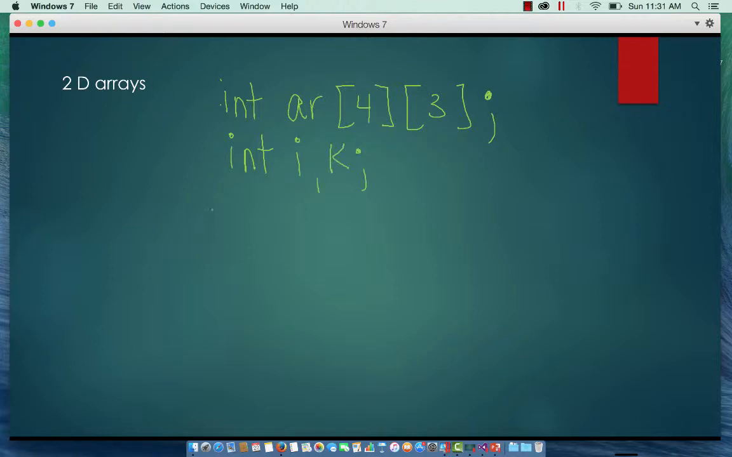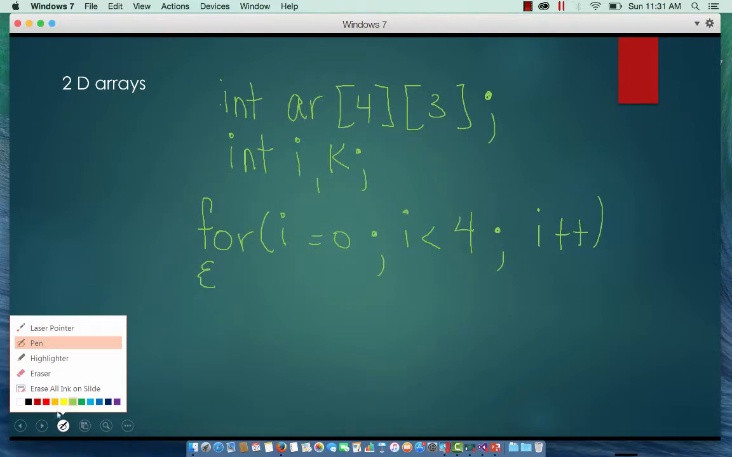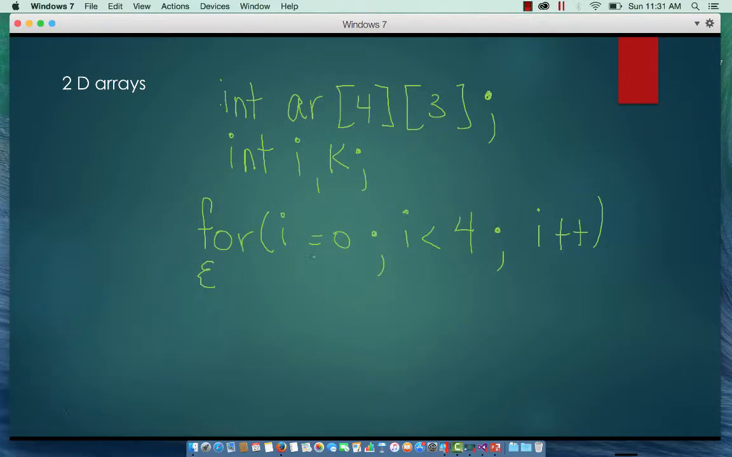And so basically what you do is you just make a nested loop. For I equals 0, I less than the number of rows, which in this case is 4, I plus plus, and then inside that I'm going to nest a different loop to represent the columns. For I equals 0, I less than 3, which is the number of columns, I plus plus,